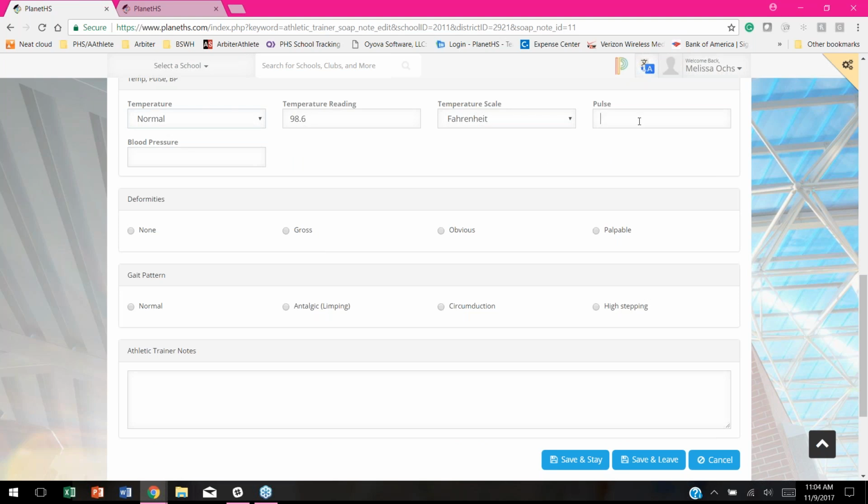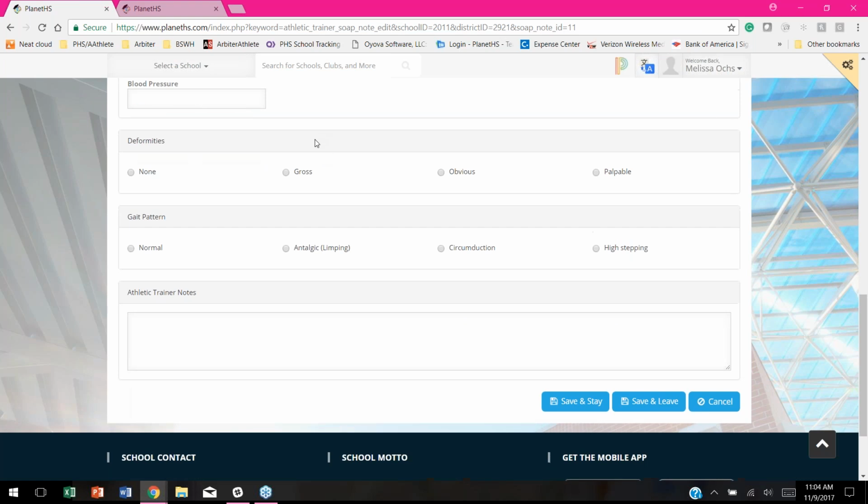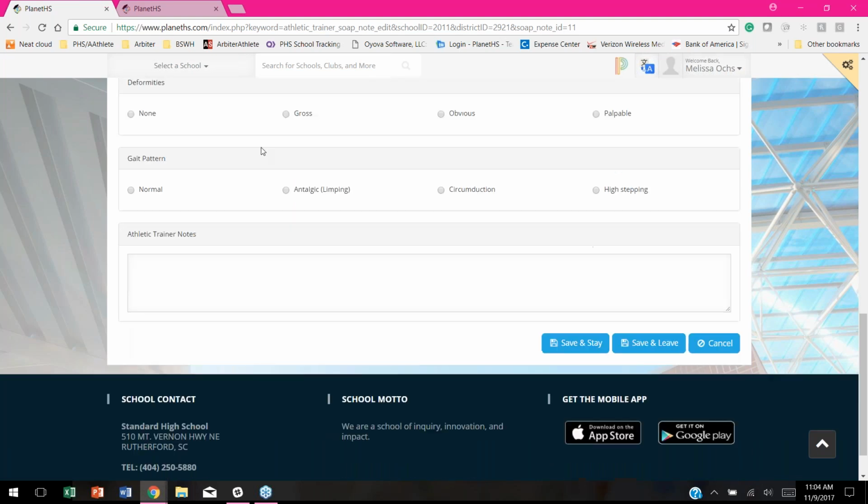Let's say their pulse for the time being is 62. And we may have not done a blood pressure for the day, but let's say 102 over. Let's say there is a palpable deformity, normal gait pattern, and then